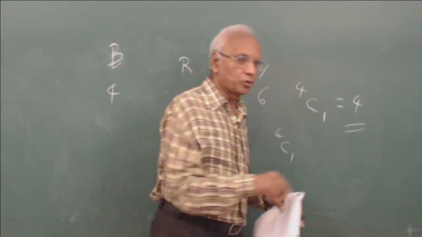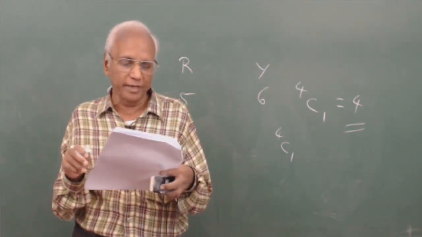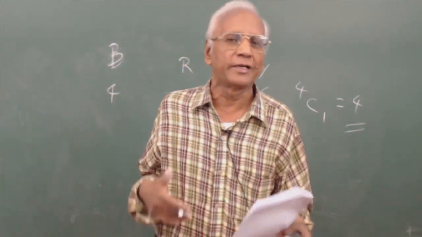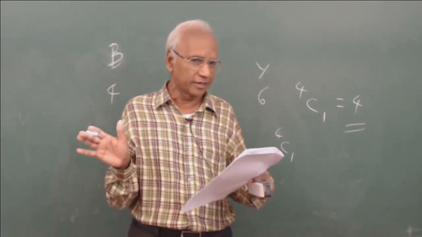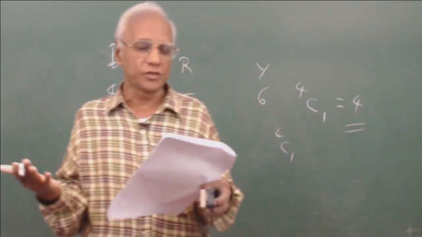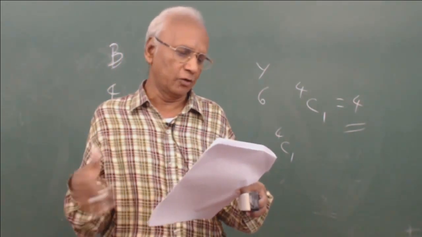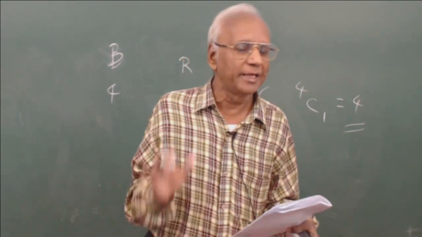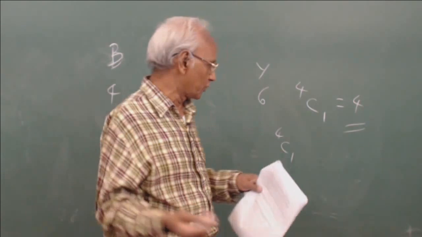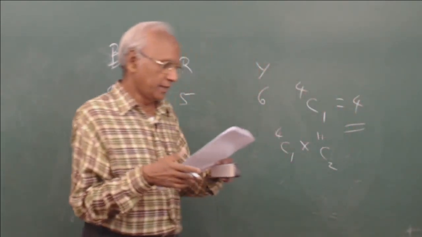Then if 1 is 4C1, it is not enough. Not only one should be blue, the other 2 should not be blue. So other 2 could be anything from either red or yellow. So we are not worried whether it is going to be 1 red, 1 yellow, or 2 red or 2 yellow and all. We are not interested. We want to see that others are not blue. So how many are the non-blue shirts? Blue shirts are only 4. Non-blue shirts are 5 plus 6, 11. Red and yellow together is 11 shirts. So out of the remaining 11 shirts, whatever shirts are chosen as the next 2 shirts, it does not matter. That will work out. So we will say 4C1 multiplied by 11C2 is what we want.